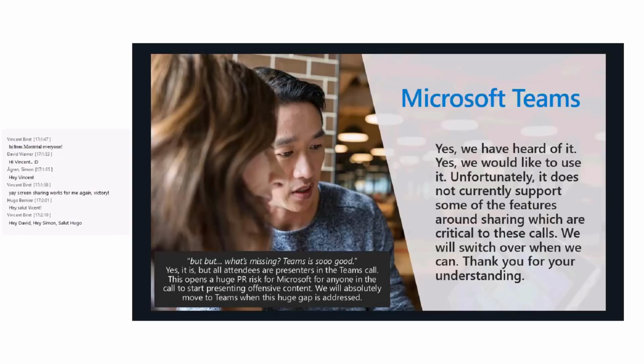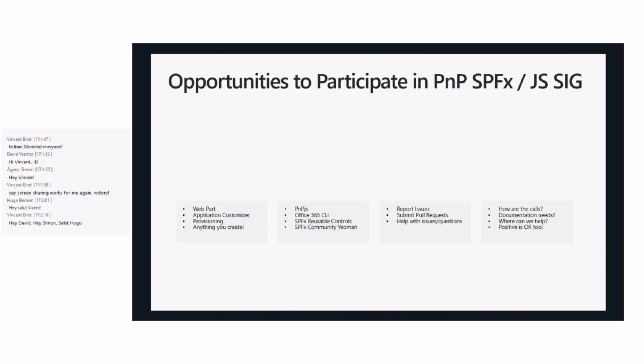We will move there as soon as Teams supports the large meeting and presenter features we need, so everybody's on the same page.